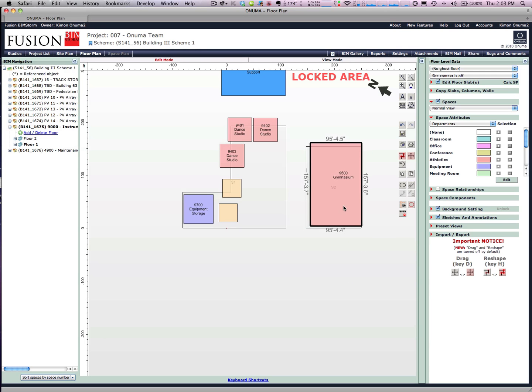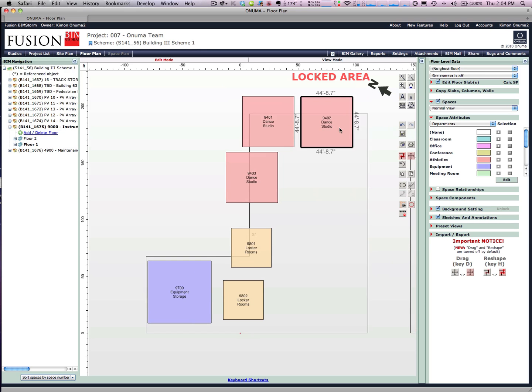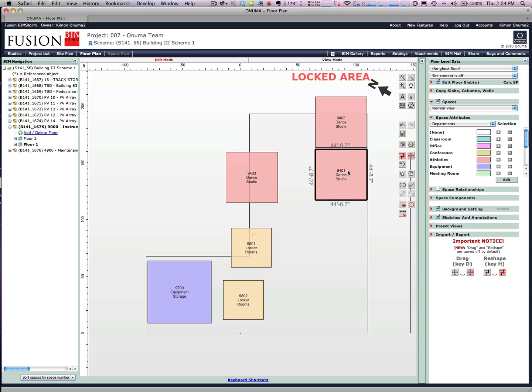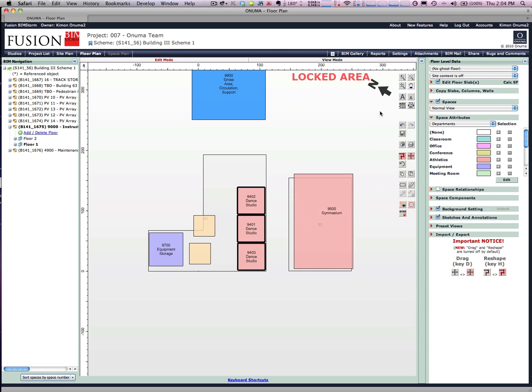It's maintaining the square footage, for example. I'll try and put this gymnasium here, and we could zoom in. It's important not to get too caught up in the accuracy of the plan at this point. We're just trying to see if this will fit based on the design that we're trying to set up. So let's say we're trying to put the design studios here, and we know that from the master planning documents,